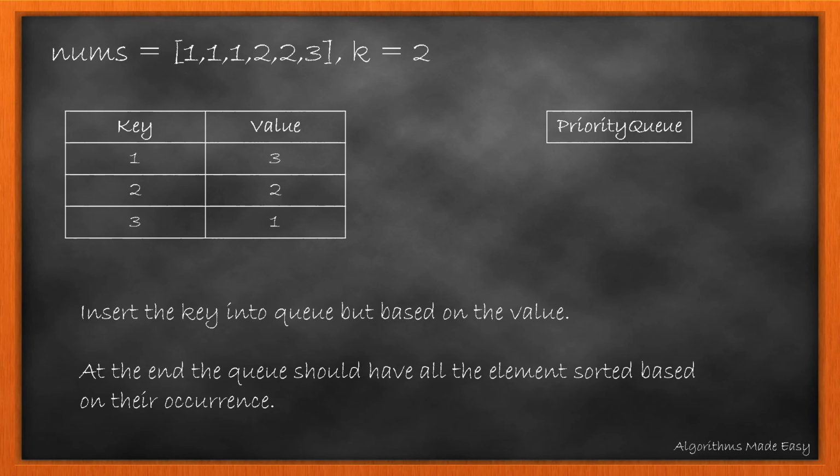Now, while we insert keys into the priority queue, we need those elements to be in increasing order of their occurrence. So we use a custom comparator in Java to accomplish it. We will iterate over the map and insert keys into the queue. Now as 2 has an occurrence less than 1, the queue automatically puts it at the correct place, maintaining the ascending property. Same will happen with all the keys, and at the end we will have a queue of elements sorted on the basis of their occurrences.